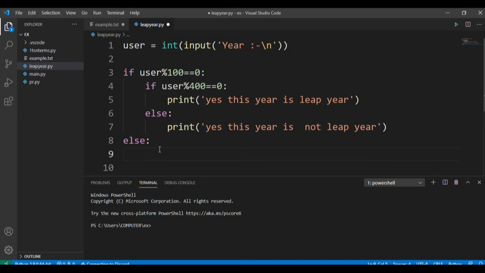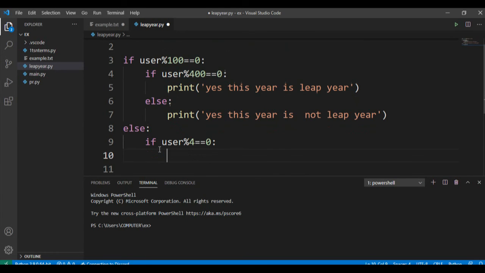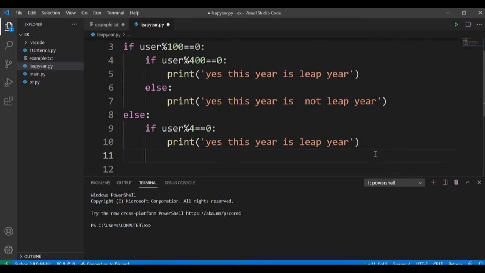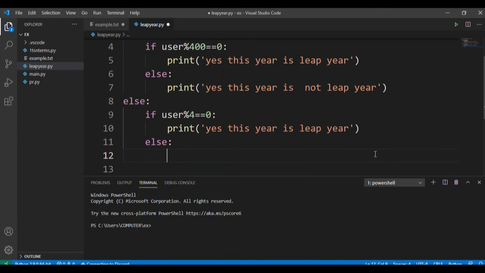So we write another if else: user % 4 must be equal to 0, and if it is true, we print yes, this is a leap year. If it is not, then else, we print no, this year is not a leap year.